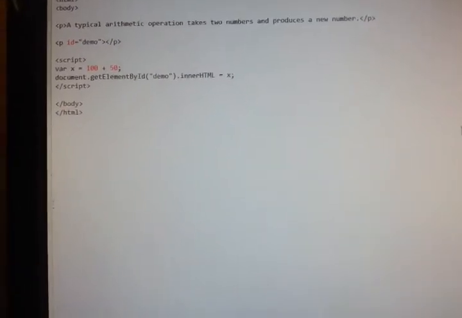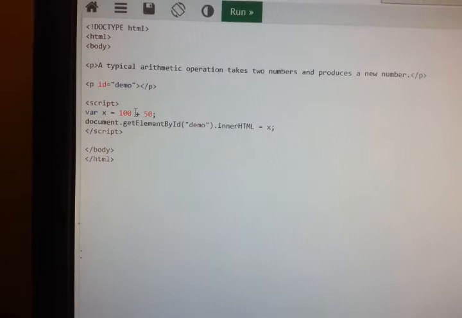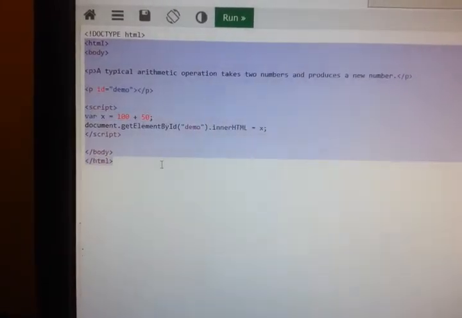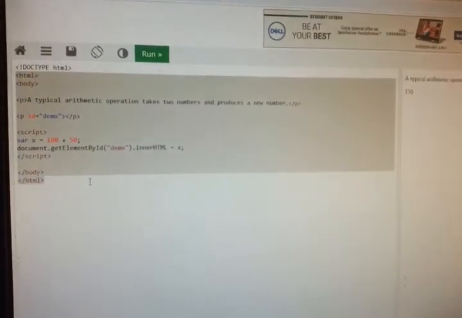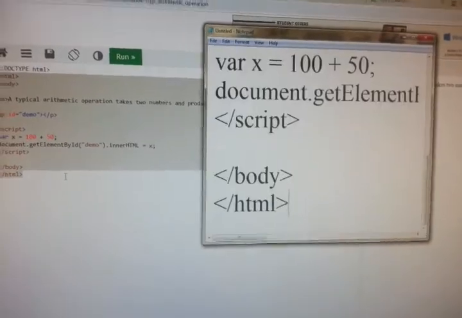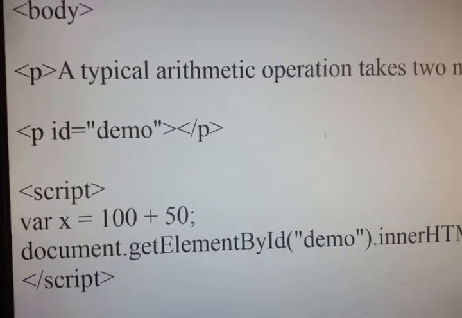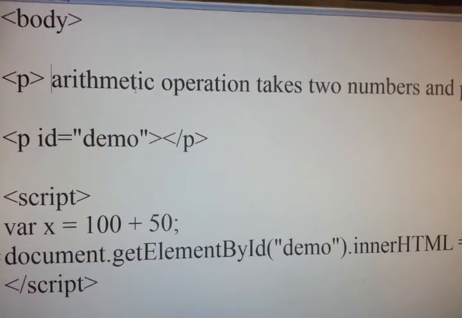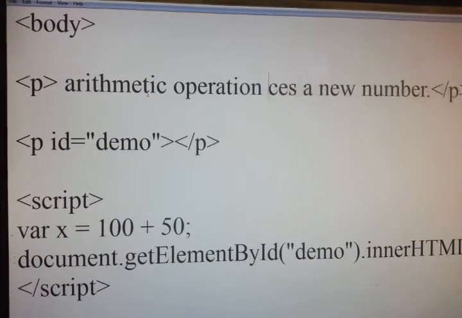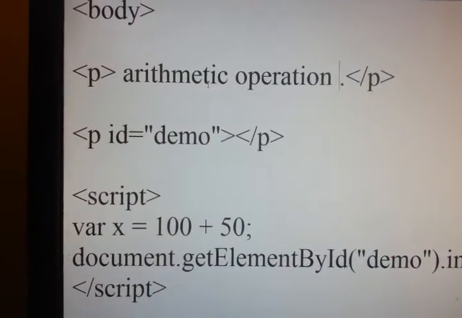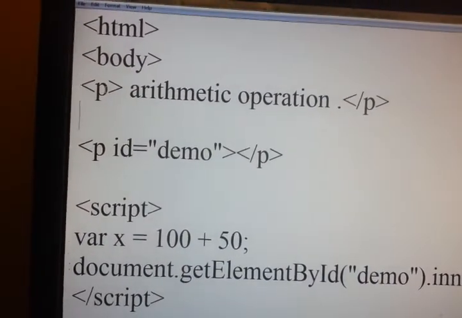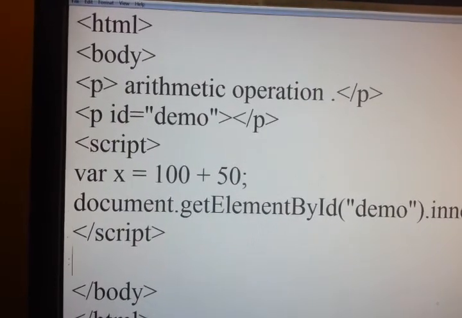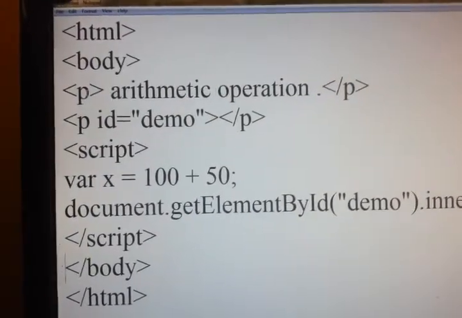Now how to use these arithmetic operators, we will see. We will write the program. Here I created a simple arithmetic operation.